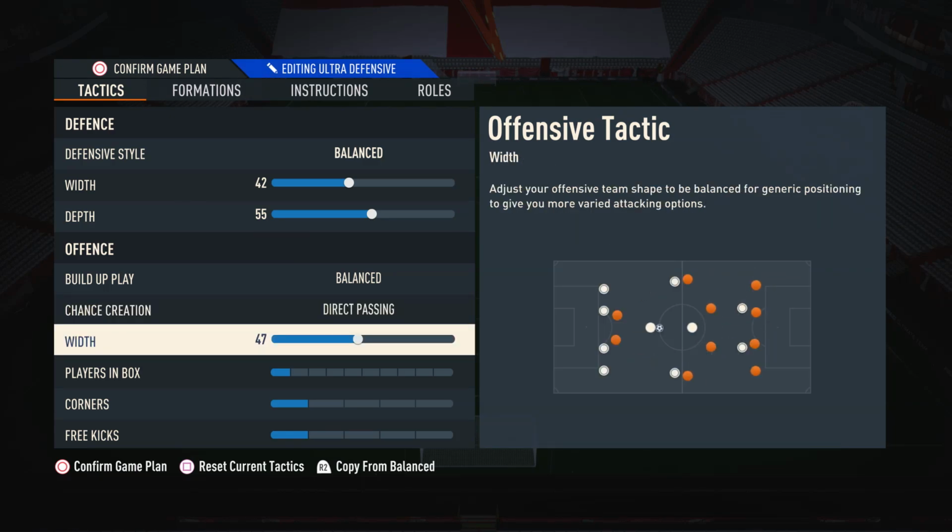Now for attacking width guys, I have this on 47. The reason being is the 4-2-2 is primarily a narrow formation, but unlike some other narrow formations, it does have a bit of natural width to it. Unlike the 4-1-2-1-2 for example, you do have that natural width because you almost have a front four, so you have a bit of natural width between those four players, so it's nice to spread them out just a little bit,